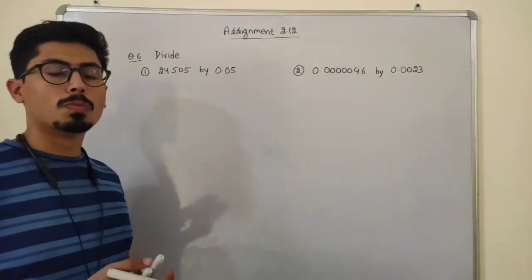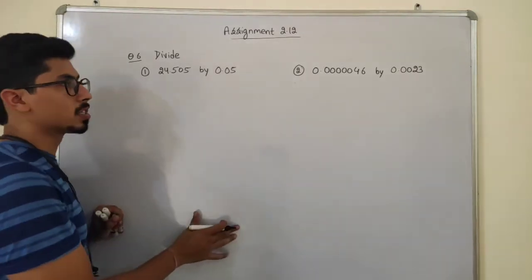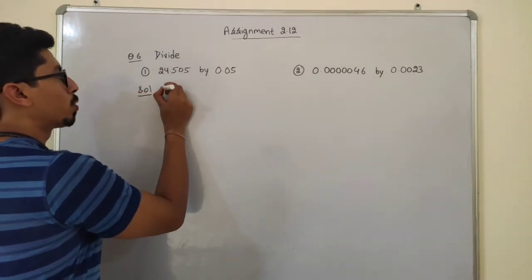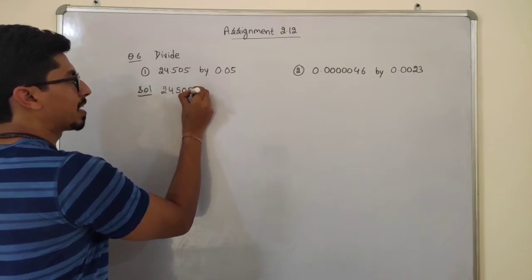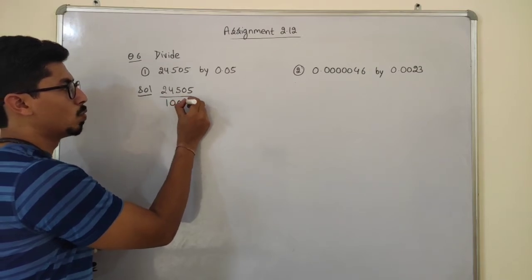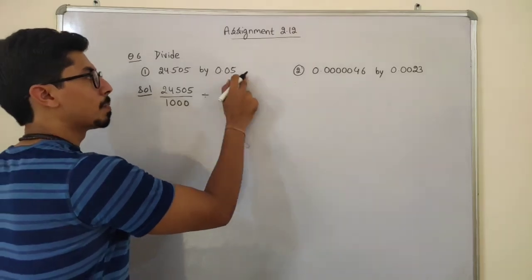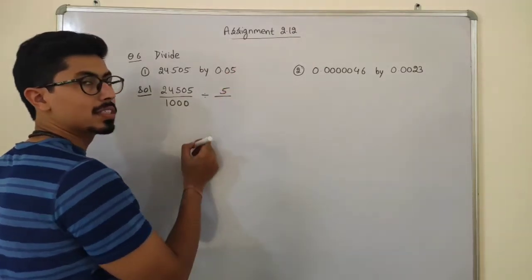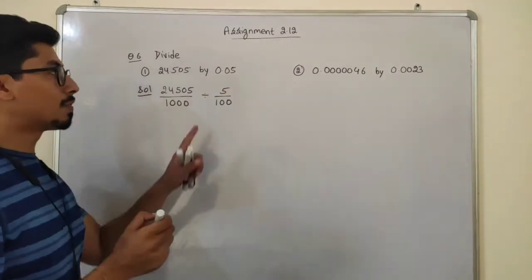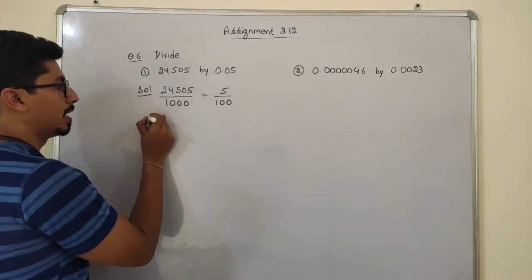Okay, so now moving forward to question number 6, students. It consists of 2 parts. So in this part we have to just divide these two numbers. Okay. So 24.505, I can write it like this, upon, after decimal there are 3 digits. So just write 1, 2 and 3 zeros. I have to divide it by 0.05. I can just simply write it like 5 as it is. After decimal there are 2 digits. So I can write it like this. Okay. Because after decimal there are 2 digits, I have to place 2 zeros in denominator. So it can be written as